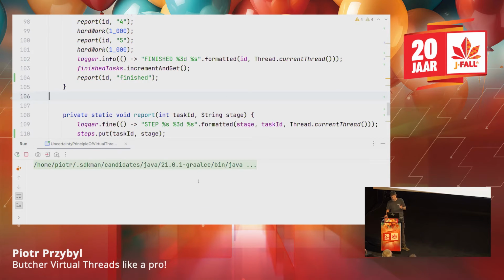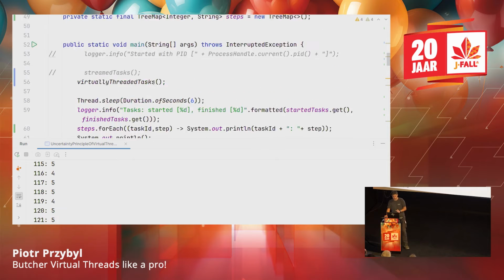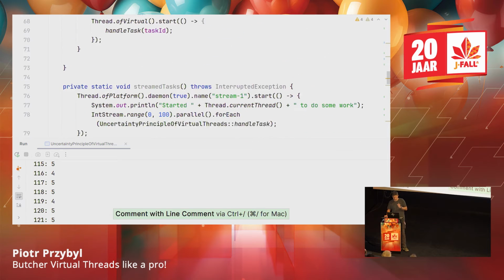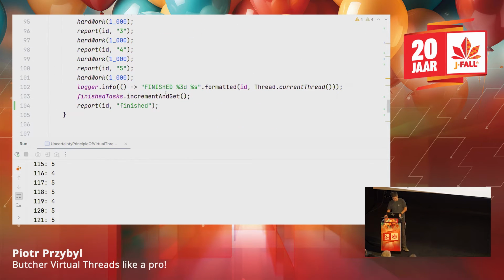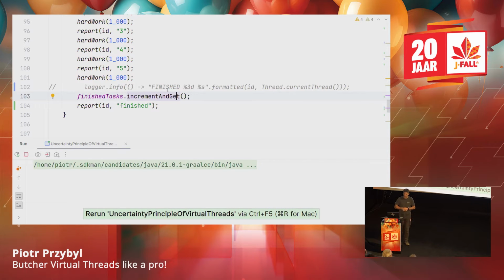actually behaves. Okay, so now as you can see, I have this finished 5 times, and this is what you see. It happens that task 100 got lucky 5 times, but when it called for the last time, it didn't get the right one, because this guy was driven for the very first time, for example, and so the story goes. So what we have to do now is, okay, we know it's the IO, so we get rid of this, and maybe just to land on the safe side of things, we don't even go for this, right? And now we go here, and let's see in 3, 2, 1, come on,